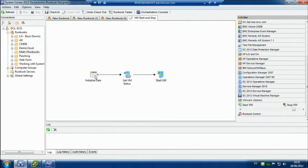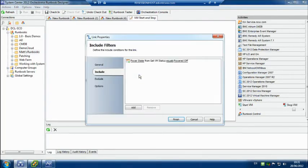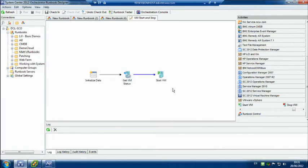So what's going to happen? I type in a VM name. It gets the status of that VM from vSphere. If that VM is off, so power state equals off, it runs start VM. But we need the opposite of that. Stop VM,